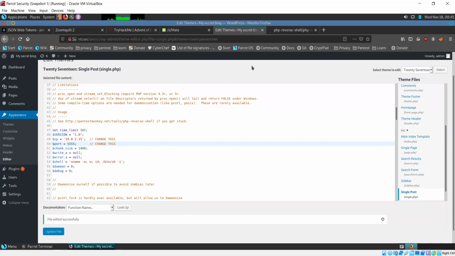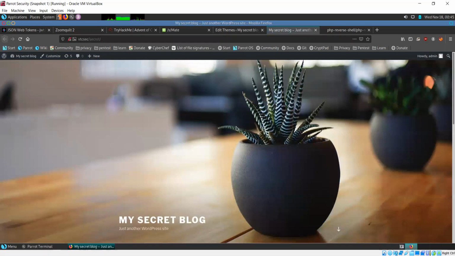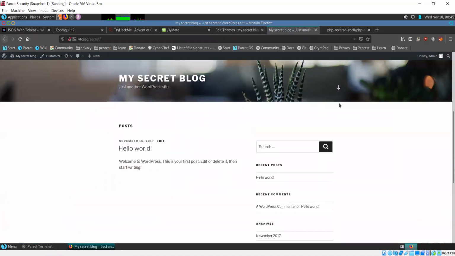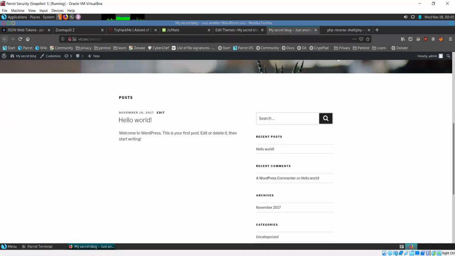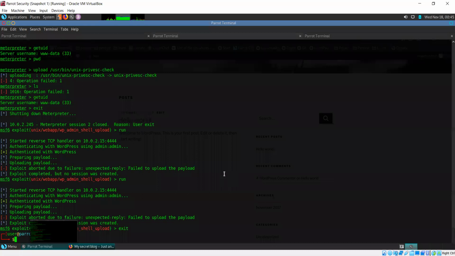Now see what is going to happen if I open this blog in another tab. Everything would run as usual, but what I'll do is on my system, I'll open up a connection using netcat, and for that I'll use nc, for netcat, hyphen n because I don't want to do any DNS resolution here. Everything is going to be based on IP addresses.